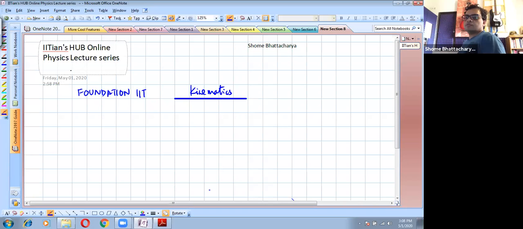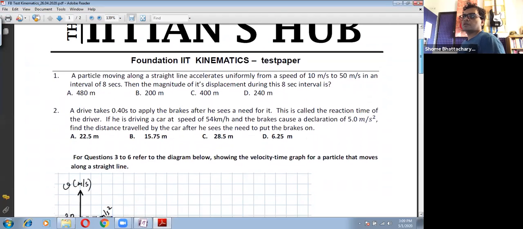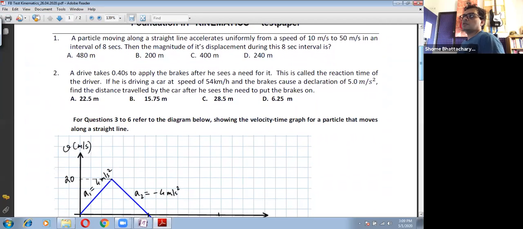Right. So we will start with a discussion of some of the questions from the test paper. So I'm putting up the test paper now for you. And over here, right? So you should be getting it on your whiteboard, all of you. So let's take a quick review of these questions. So the first one, as you can see, it's